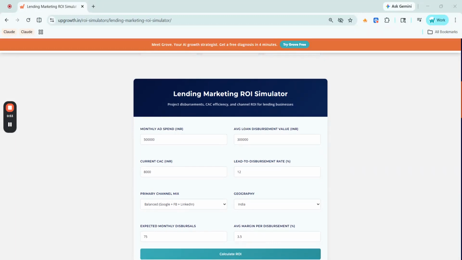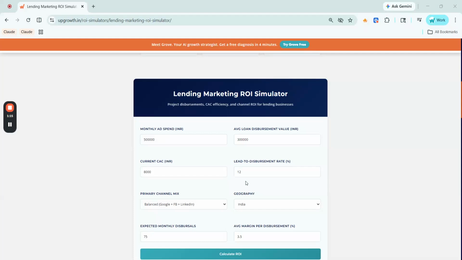There are 8 inputs. Let us go through each one. First one is monthly ad spend, your total marketing budget each month across all paid channels. Average loan disbursement value is the typical loan amount your business disburses per approved applicant. And current CAC is your customer acquisition cost, how much you spend in marketing for every customer who actually receives